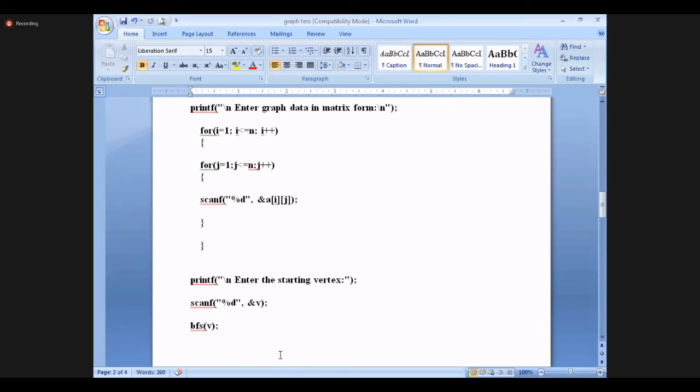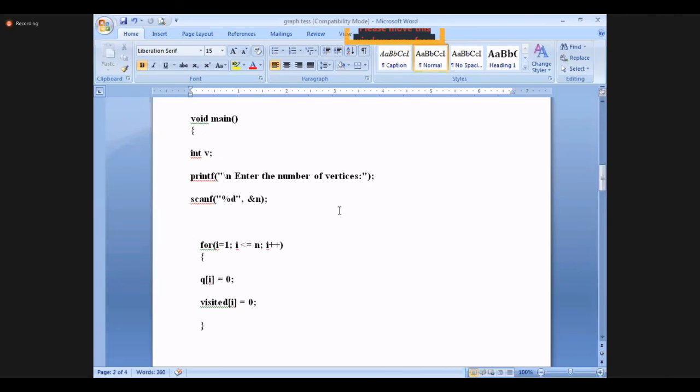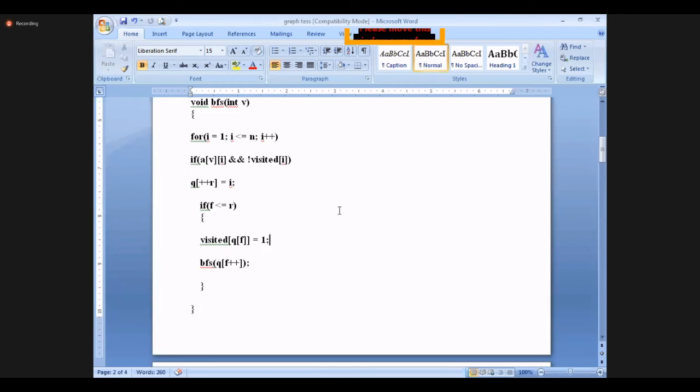In the BFS function, based on the starting node, we'll name the nodes 0, 1, 2, 3, 4 to avoid confusion and make them very clear. We'll also check whether each is visited or not. If not visited, we'll go inside and mark it. Otherwise, we simply go to the next one.